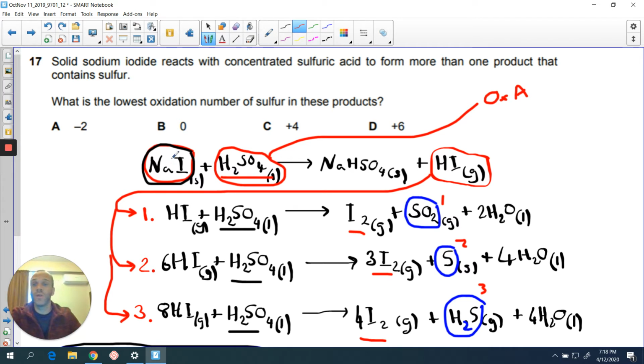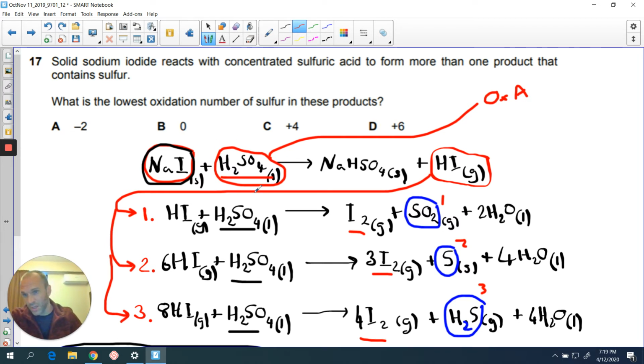Now, in the case of sodium iodide, the hydrogen iodide produced there is going to be further oxidized. In other words, the sulfuric acid is going to be further reduced, and it can take three different pathways. The hydrogen iodide can further react with the sulfuric acid to produce sulfur dioxide in this case. It can further react with sulfuric acid to produce sulfur, and further to produce hydrogen sulfide. So instead of learning these three equations, the best thing to do is just to understand that you're going to produce sulfur dioxide, sulfur, and hydrogen sulfide when you react an iodide with